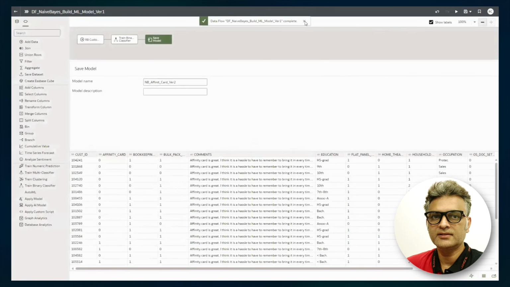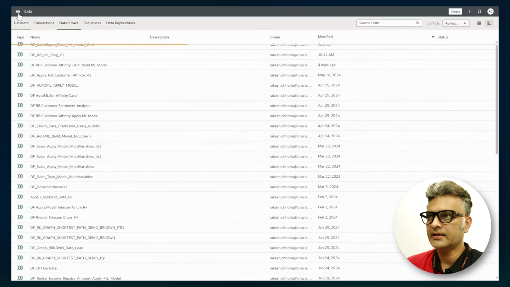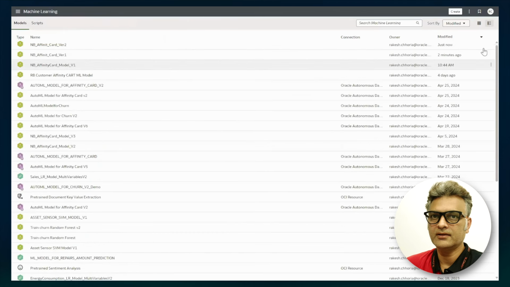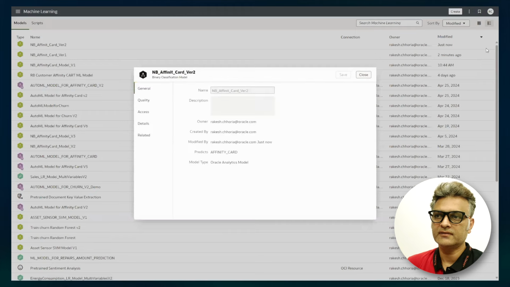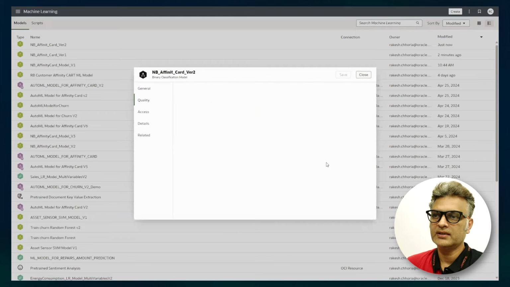Okay, so the model is now complete. So now let's come back and look at the quality of the model that got built, version 2, right? We'll do an inspect of the model. Now when we look at the quality,